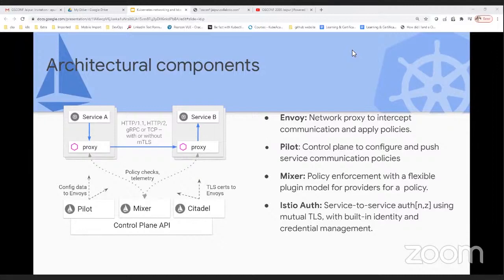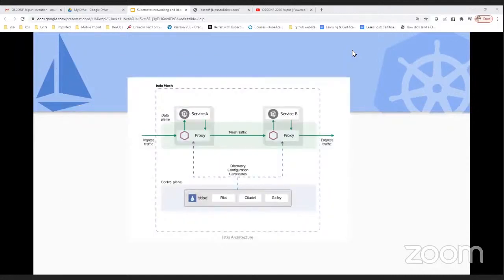So once this is done, Pilot has already pushed all the routes to your proxies. So it is very easy for the proxies to communicate between services, or if I have external traffic landing on your application, that will be very easy because you have the proxies running along with your application. Okay, so we'll go next.